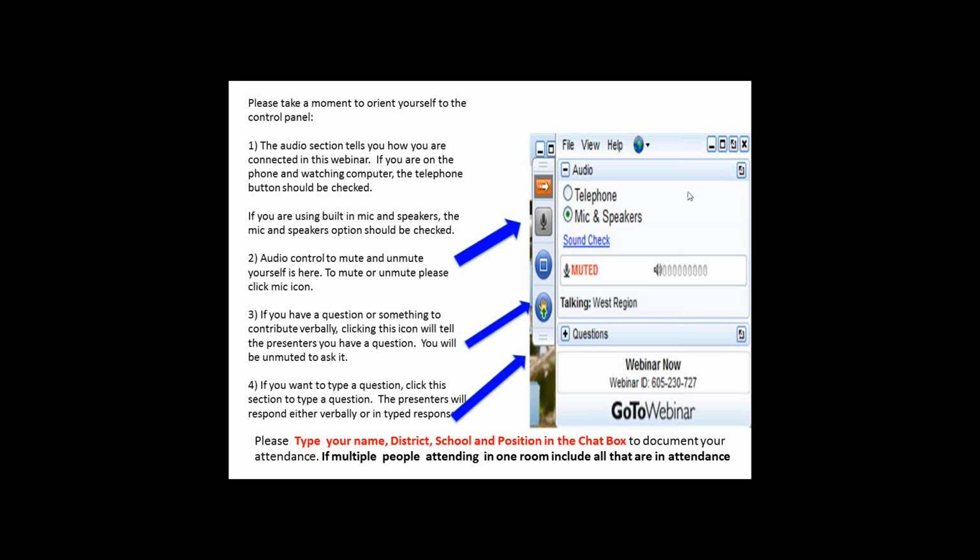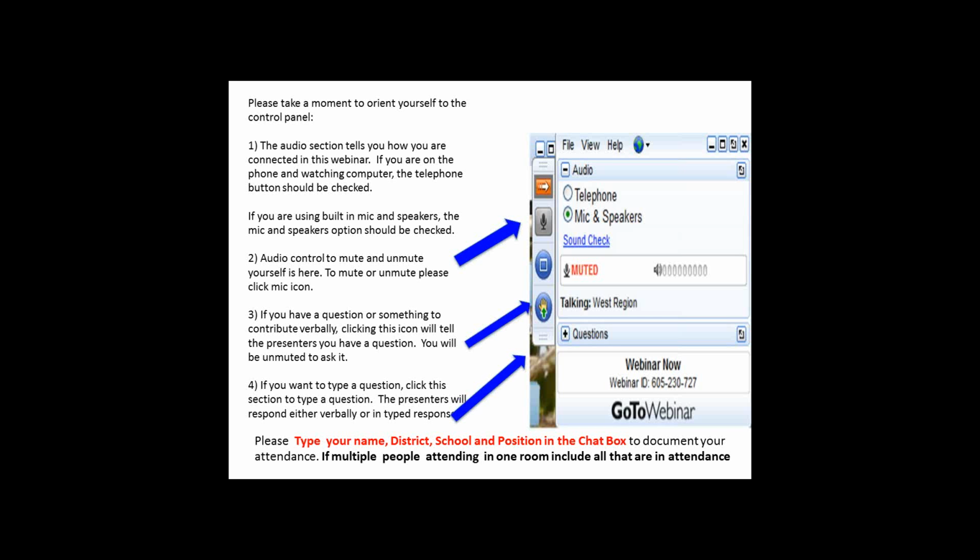If you have a question or a comment, there is a little symbol to raise your hand. If you click on that, you'll see a green arrow. That means you're going to raise your hand. Then if you click it again, it puts your hand down. That way we can see on our screen that you have a question or a comment, and we will look to see what you want to say.